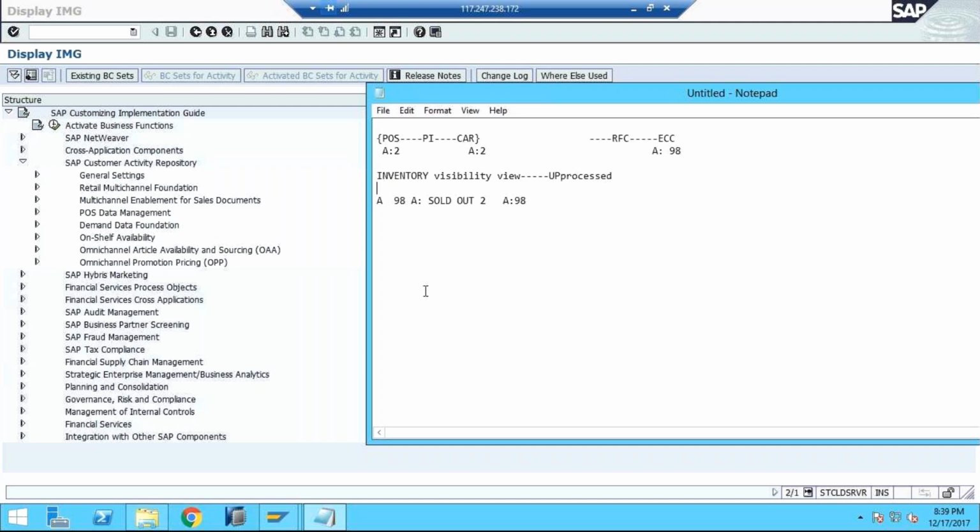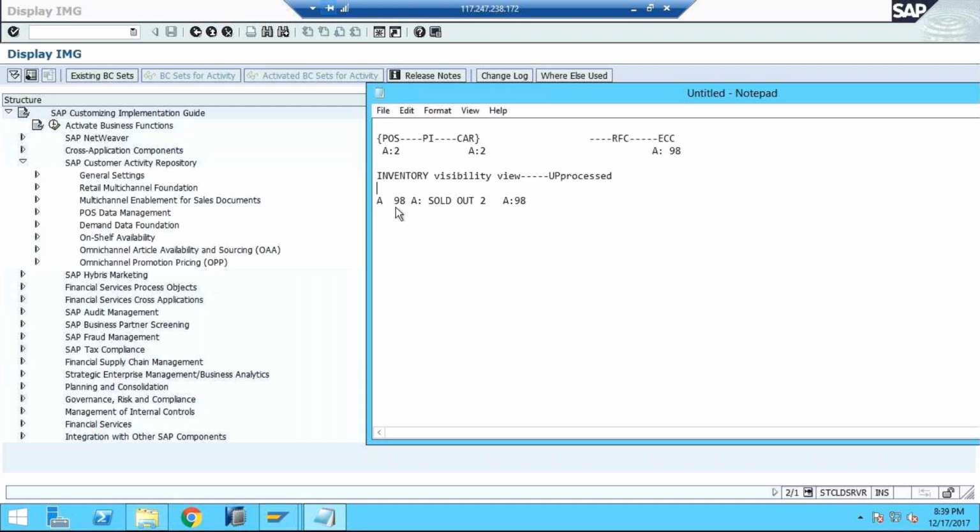We just need to check that it works properly and calculates properly, and if it is properly in place, then you can use these two modules. This is another use of inventory visibility,